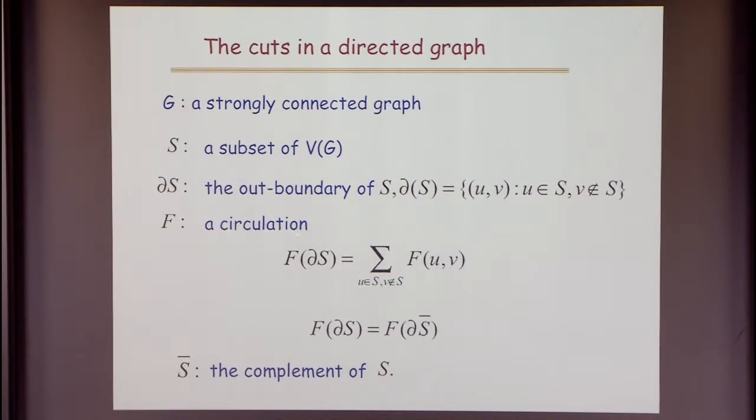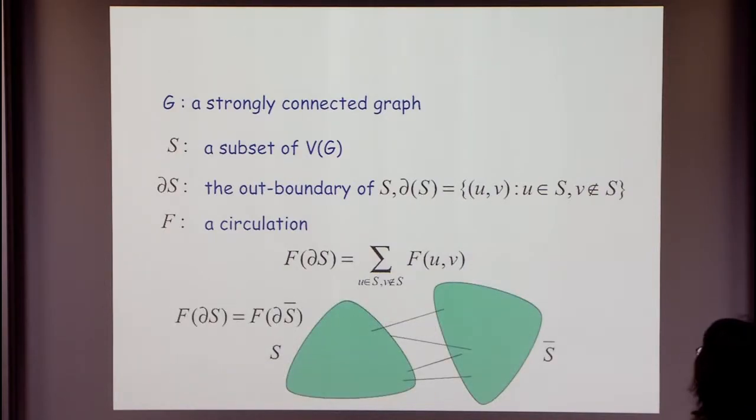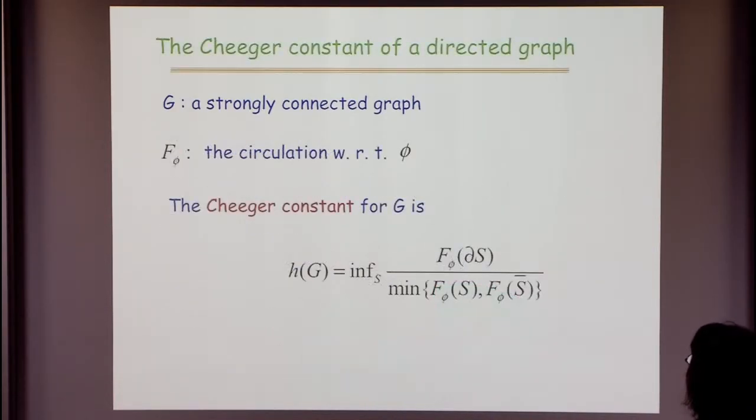And if it's a circulation, then if you have a subset and its complement, then the boundary in either direction is the same. So I apologize, I missed one view graph, which is the definition of circulation. So if you accept this,